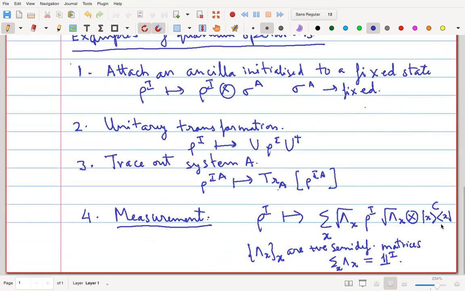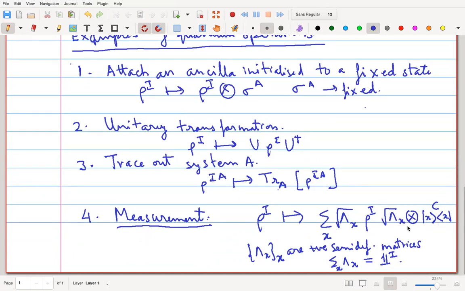Okay, the classical zero state: if the outcome was 0, then this classical register C is now set to 0. So this will be ket 0 bra 0. If the outcome is 1, this will be ket 1 bra 1. Now, condition on the fact that the outcome was 0. What is this state? This has been fixed to 0, and